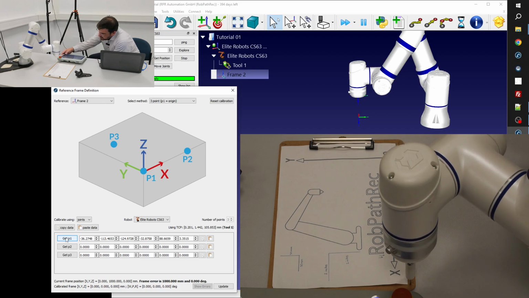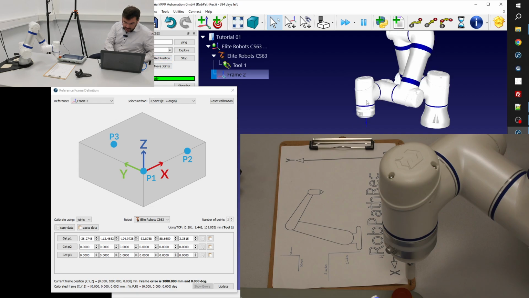Okay guys, so this should be quite precise, and then we are switching back to the remote mode. I'm hitting get position. You could see that the robot changed the position on the screen. I just get the P2.